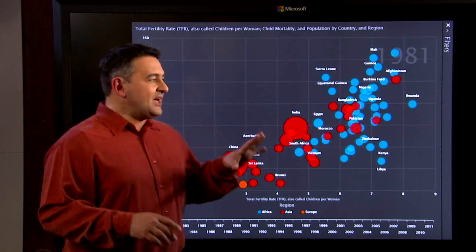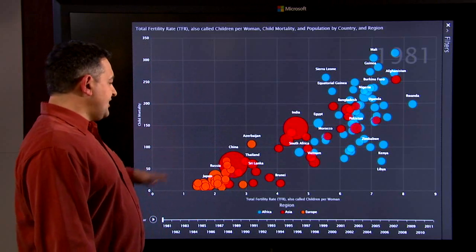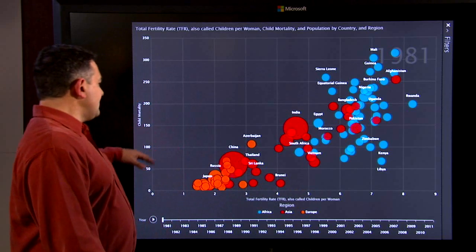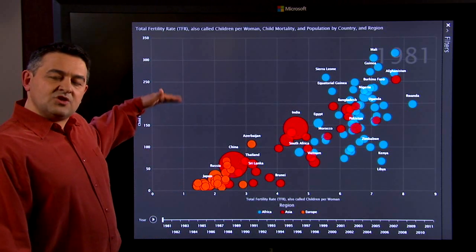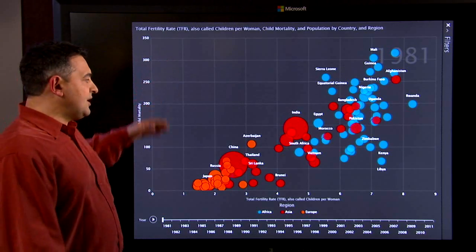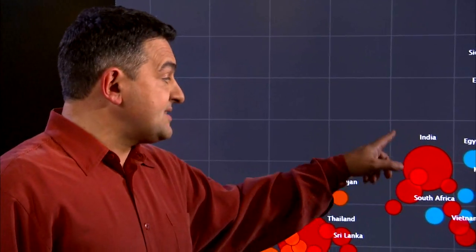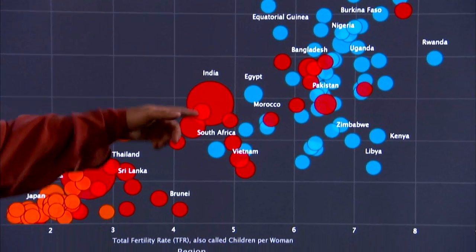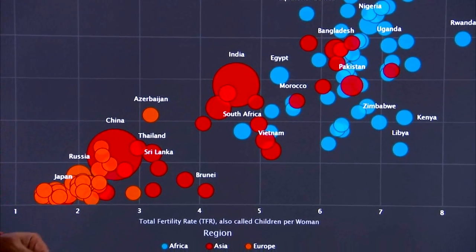PowerView is part of SQL Server 2012 and is also part of Excel 2013. So we have here a chart that shows on this axis the number of children per woman, and then the child mortality, which is the number of children per 1,000 who died before they are 5 years old. And the size of the bubble represents the population in that country. So the two big bubbles here are China and India, because they are the biggest two countries in terms of